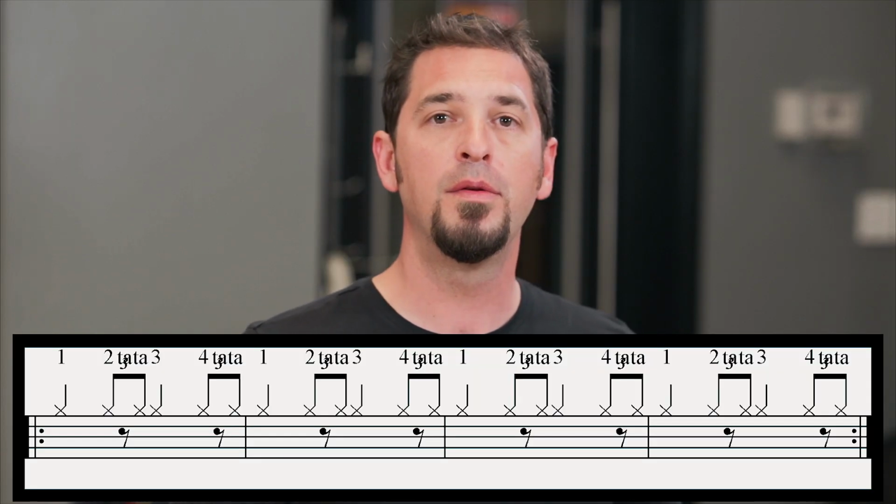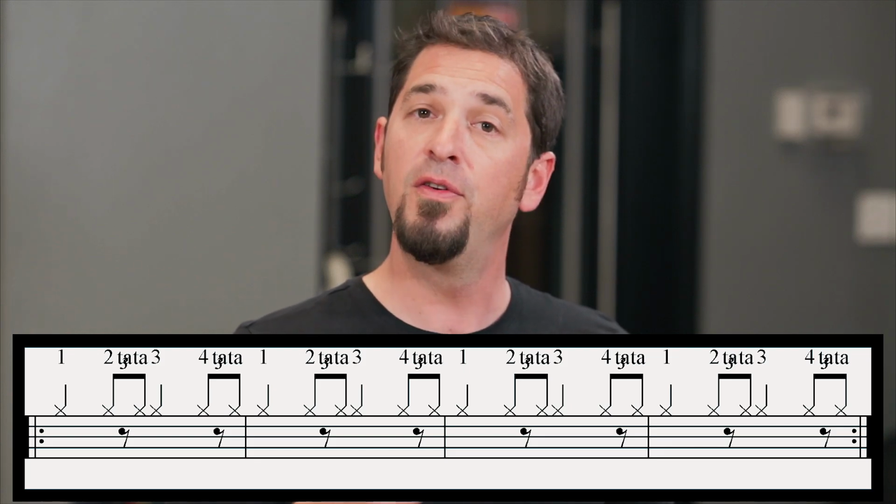Now, jazz is a completely different style than anything else that we've worked with. It's completely different than Latin. It's completely different than rock. There are a lot of things about jazz, especially improv, that make it unique from the other styles. We're not going to get too deep into what makes jazz jazz. We're going to try to train you to be what I would call a rock jazz player, so you understand the basics of the music and can see that there are differences, but we're not going to get real deep into what the differences are. So the first thing is we're going to take that pattern, that 1, 2, ta, 3, 4,